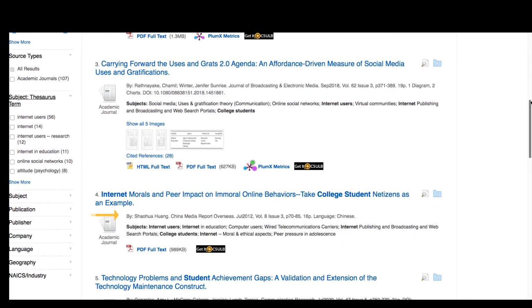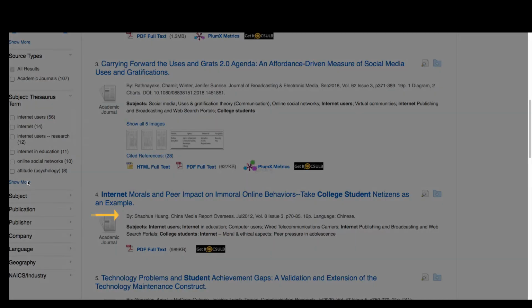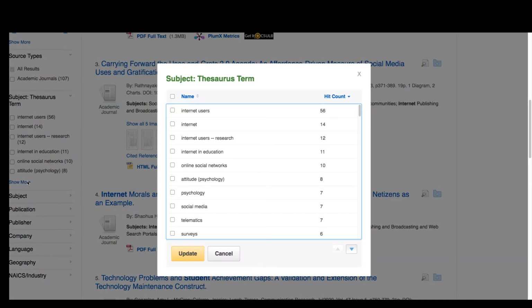Because what this does, and I'm going to click show more, is it finds me topics that the articles are about rather than just articles that mention my terms, okay? So I'm going to try internet users, internet in education, internet users research,